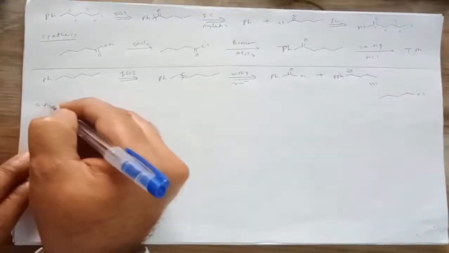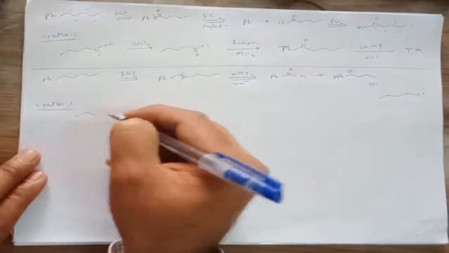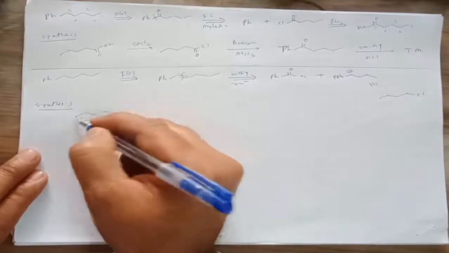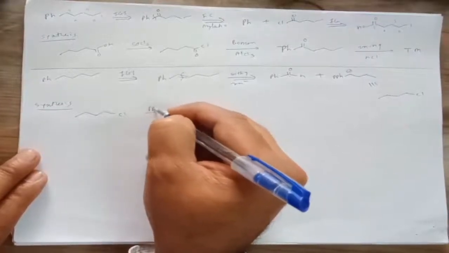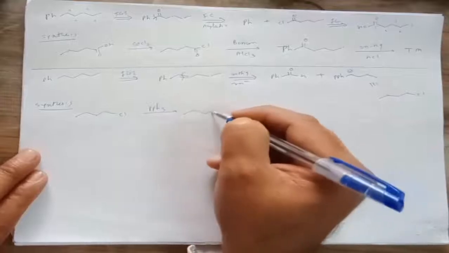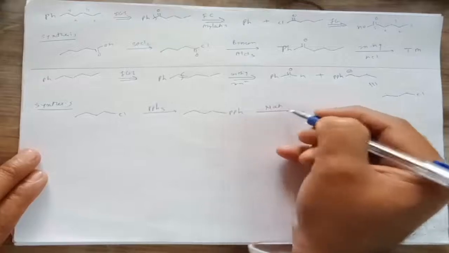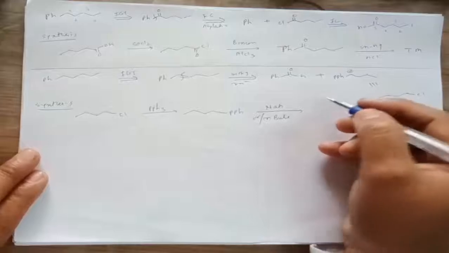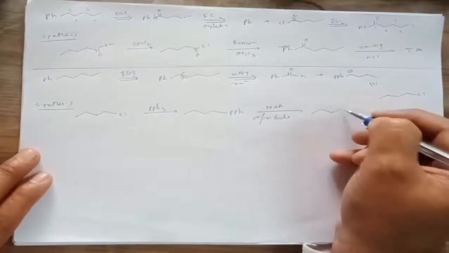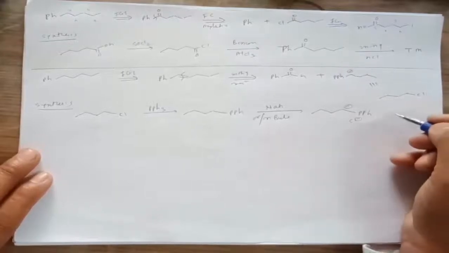Then if we go for the synthesis, we have to take CH3 CH2 CH2 CH2, 1 2 3 4, and this Cl, and then we have to treat this molecule with triphenylphosphine, PPh3, and it gives CH3 CH2 CH2 CH2 PPh3. Then we have to use a strong base, that is sodium hydride, or we have to take n-butyl lithium. It will abstract the proton near the triphenylphosphine, and it gives formation of this type of compound.